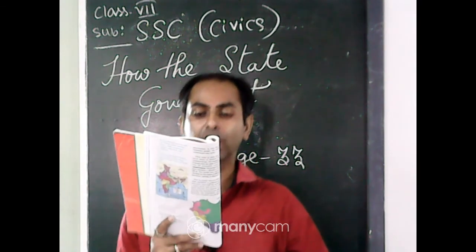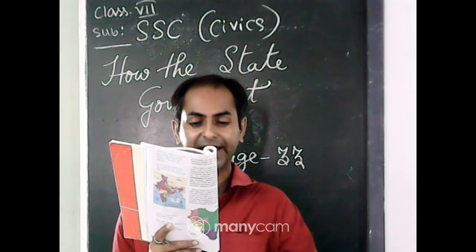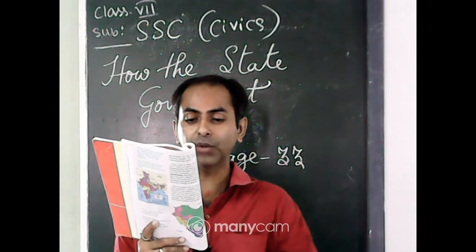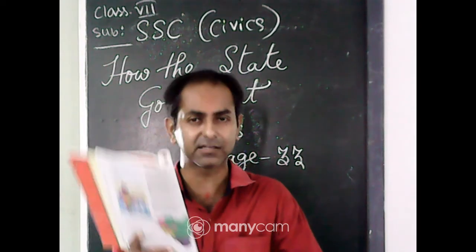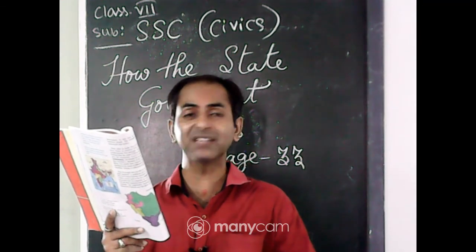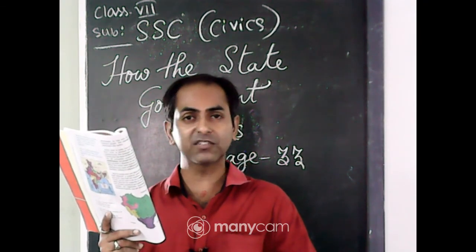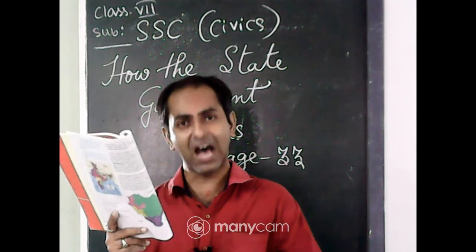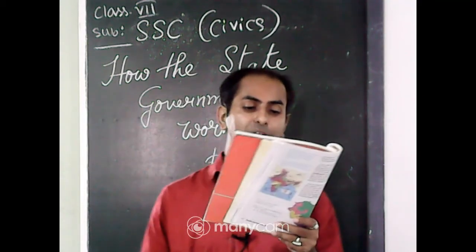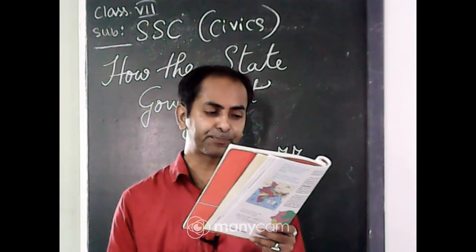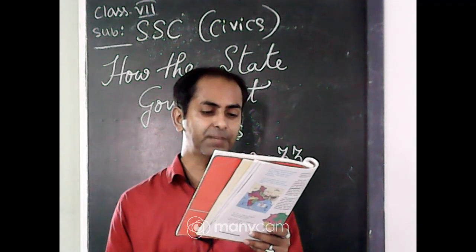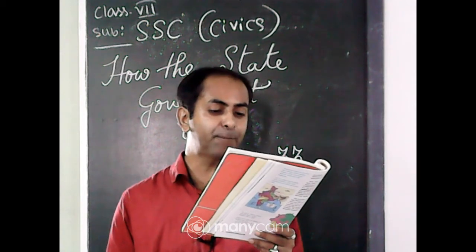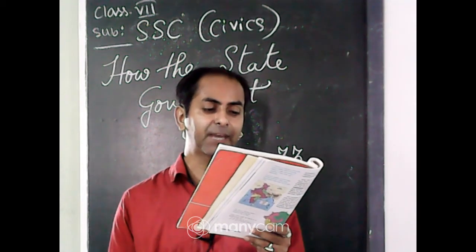Since the total number of MLAs in the Legislative Assembly is 68, remember 68, a political party would have needed to have more than 34 MLAs. Why more than 34? Because 34 means half, 4 plus 4, 8, 3 plus 3, 6, 68. So 34 is half of 68. So more than half is required in order to gain a majority. The Bharatiya Janata Party BJP with 44 MLAs had the majority and it became the ruling party. All other MLAs became the opposition.